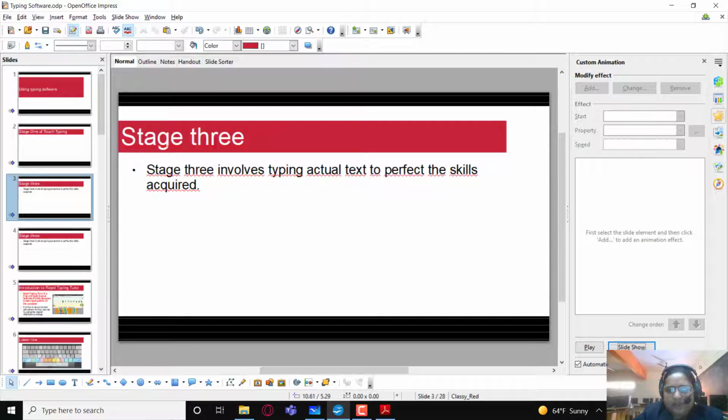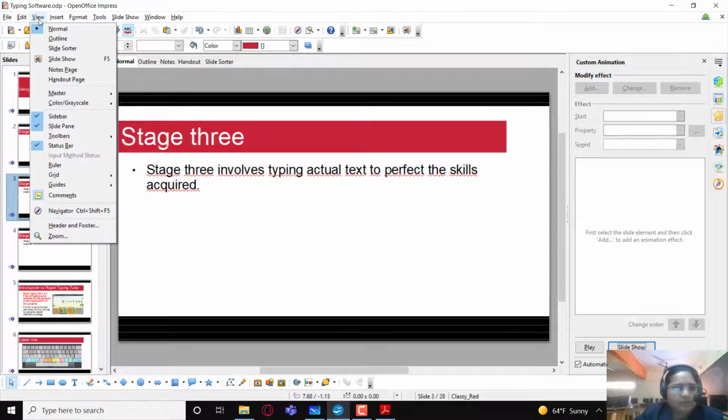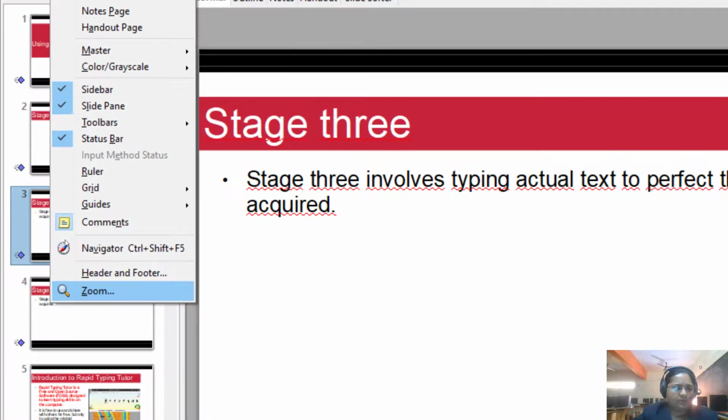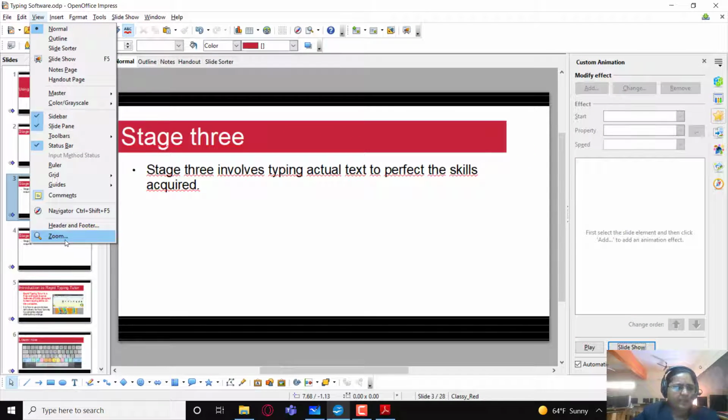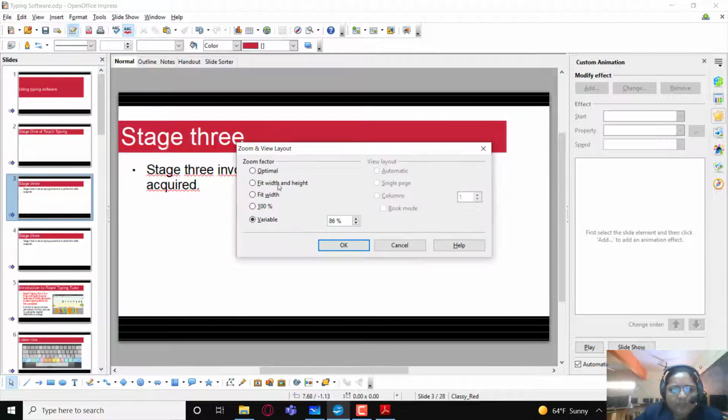This is the normal view. You can also set the magnification by going to the View menu, and here you can see the Zoom option at the bottom. Select the Zoom option, and from here you can select different options: variable, 100%, fit width and height, and optimal.